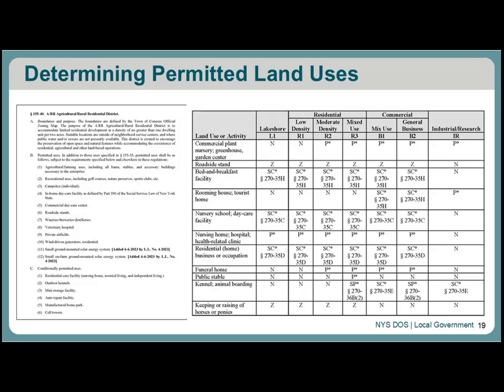Some communities actually have the text as well as the table. Often the text is the ruling, the legal narrative, and the table is used because it's sometimes easier to find things, so they want the table as well, more as a reference document. So sometimes you see both.